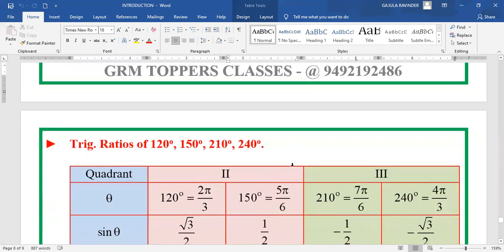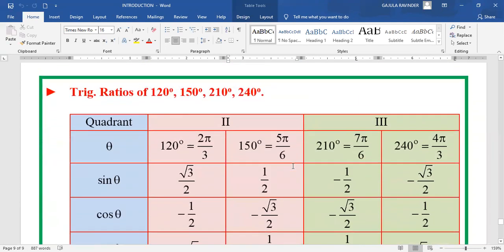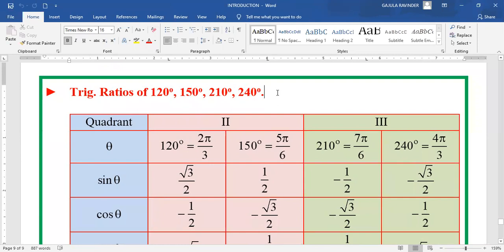So now let us go to the trigonometric values of 120 degrees, 150 degrees, 210 degrees, 240 degrees. Okay, 210 degrees and 240 degrees. In this way, of course, you can also go for 300 and 330 also. 300 and 330 I will tell you, but I have taken only 4 values just for your examples, to show how to write the values of these.